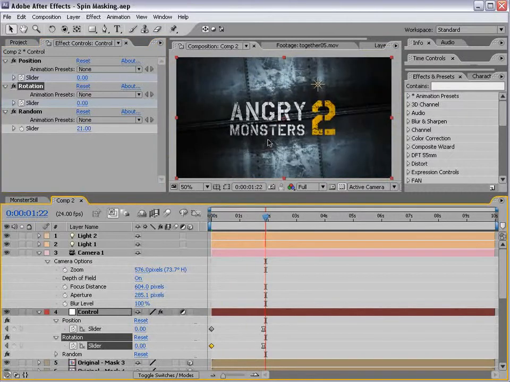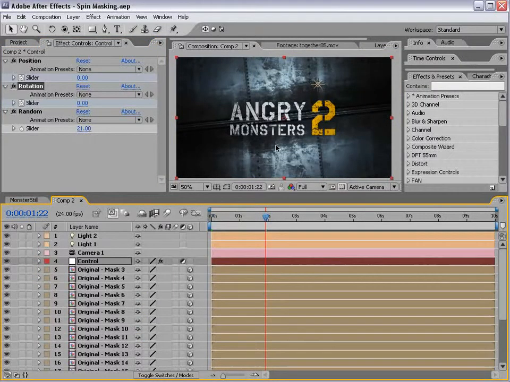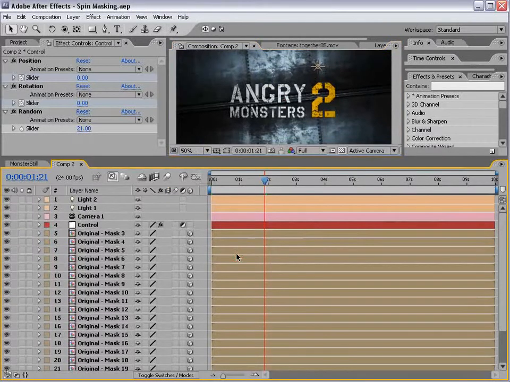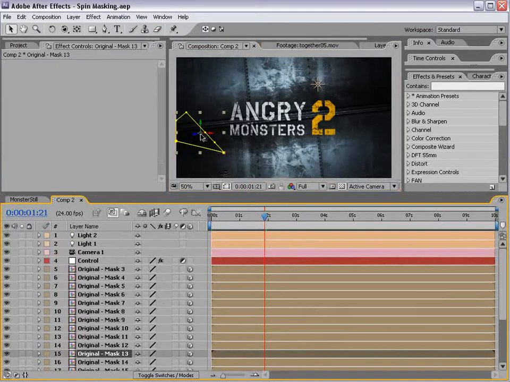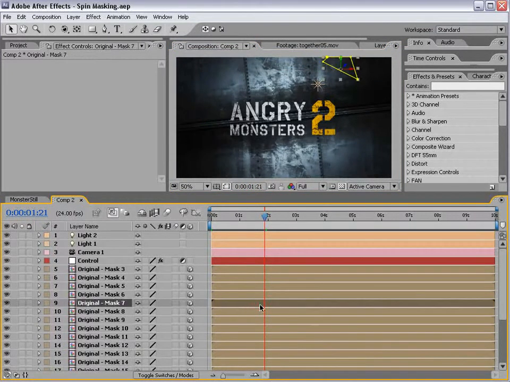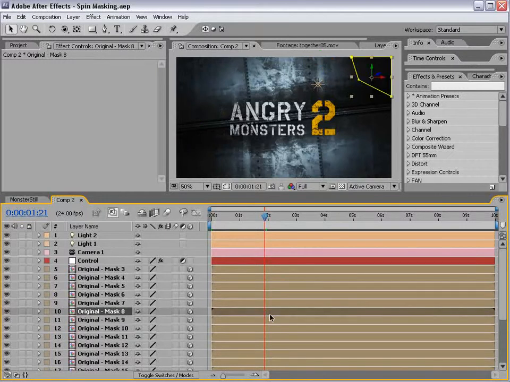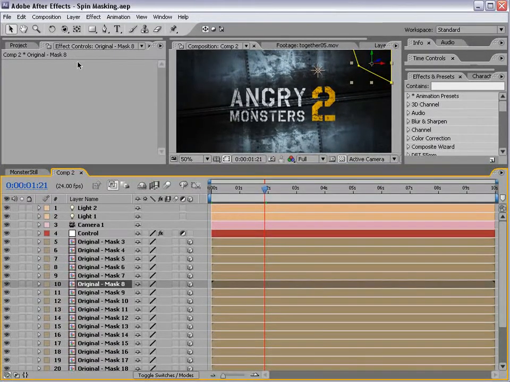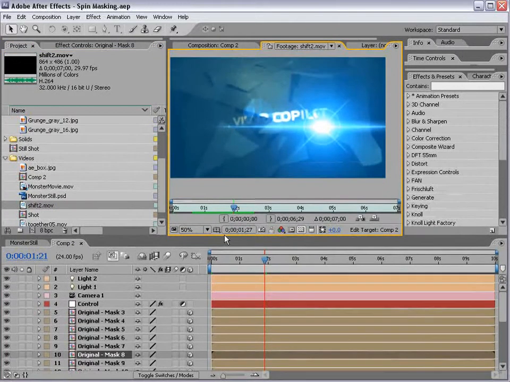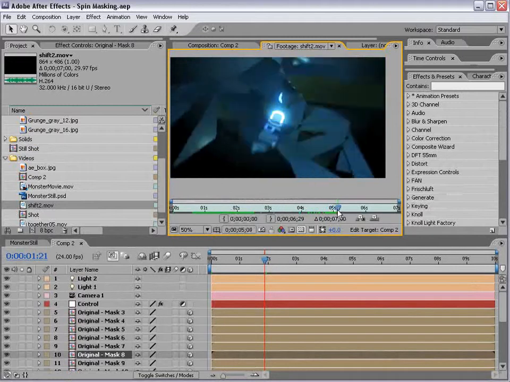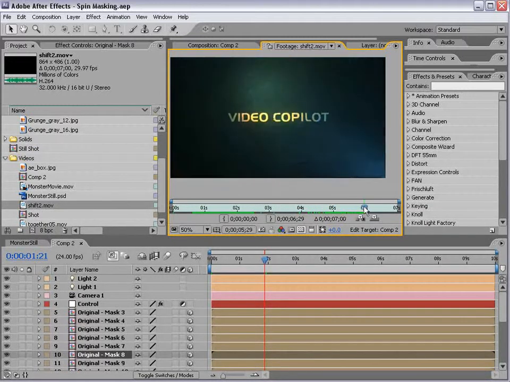Now, the one thing about this particular method is that it's essentially using the rotation for the center of each chunk. So if I select a layer, I'll turn the masks back on here. If I select one of the layers, you can see the anchor point is at the center of that layer. And the reason why is because the script automatically did it that way. But what about the original example I showed you? Let's see, it's called Shift,